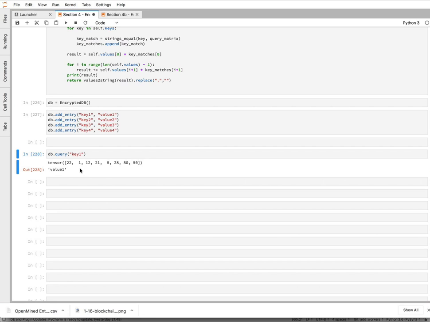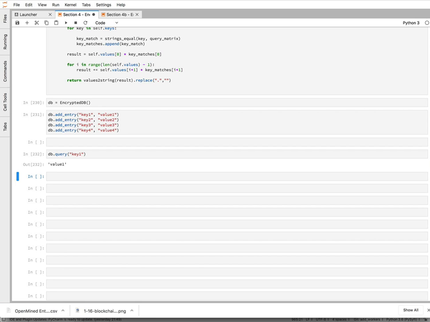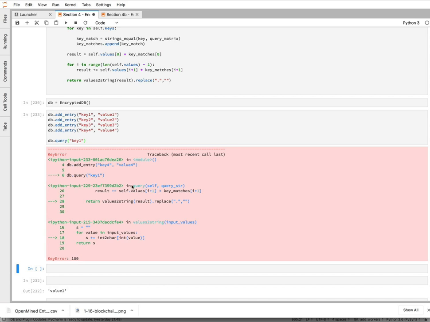Now, we could put in another check here to make sure that it only has unique keys when you add them, but that's not necessarily something we have to worry about. If you're going to build a real database, feel free to worry about things like that. But for this particular demo, I'm not going to really worry about that. So now,